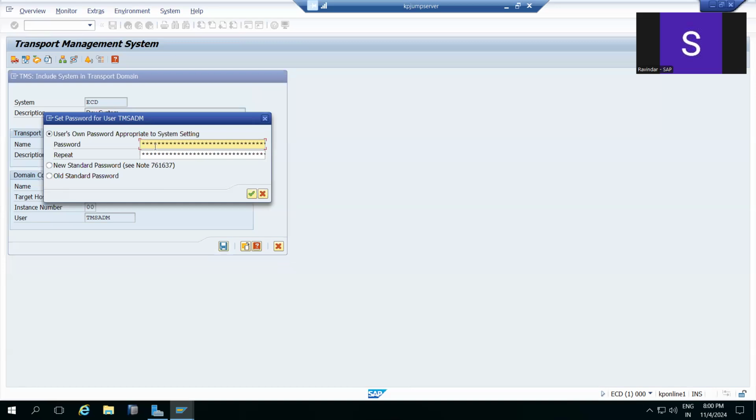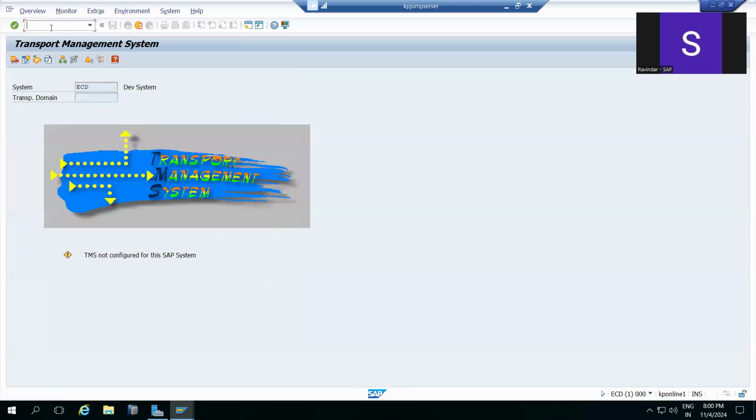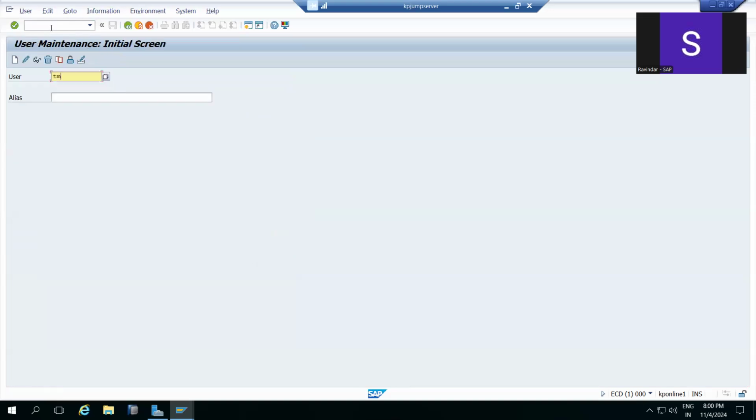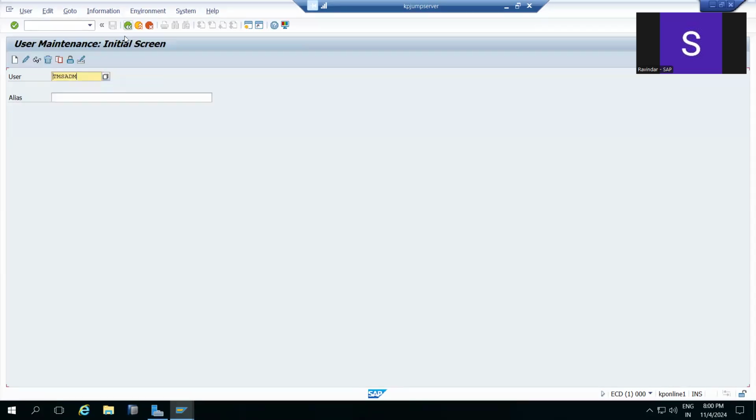Same here also, a user will be created here. The user is unable to be created here because the user is already locked from the previous configuration that exists, maybe something in locked status. There are multiple things here, right? So that is the reason. Maybe it's locked or has a different password, different things.